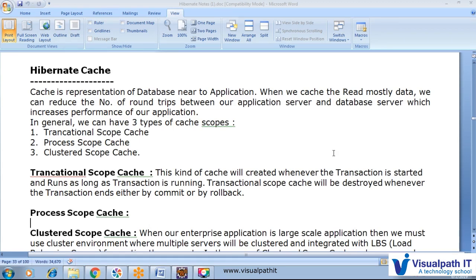I already finished the SQL related thing and the QBC related part, and now we will see how we can create a cache, and the different kinds of cache. That is a very important thing, and whenever we have more round trips between our application and the database,